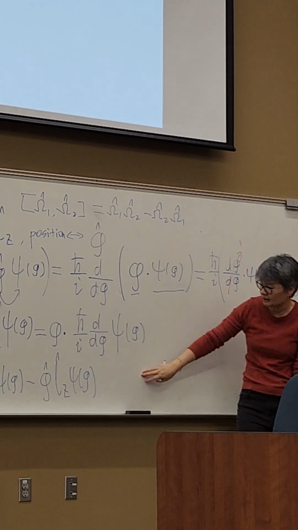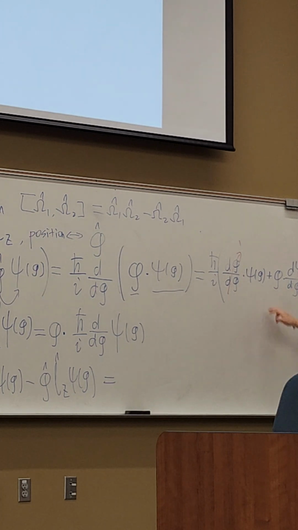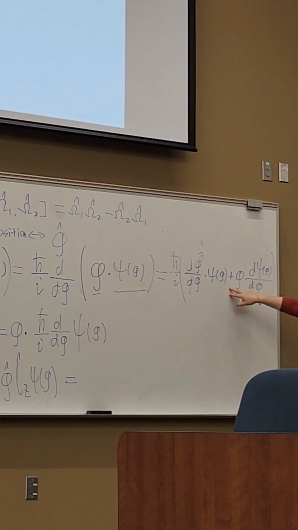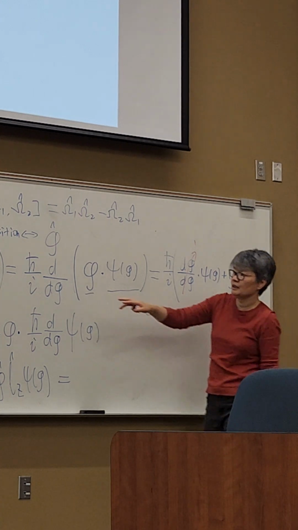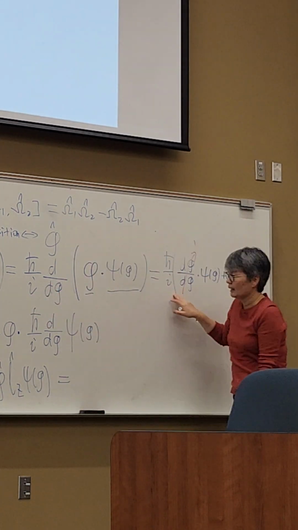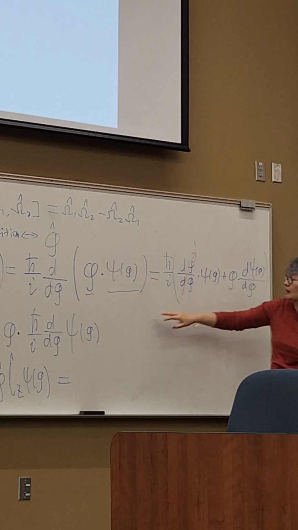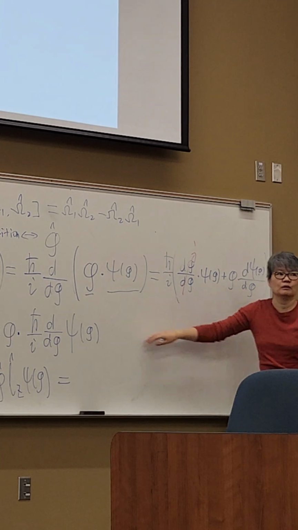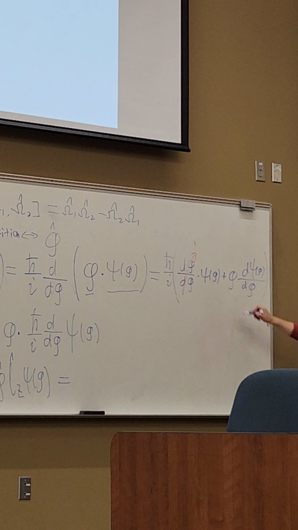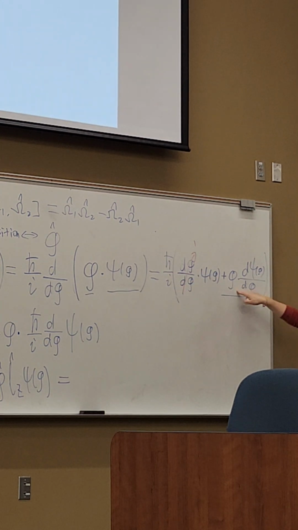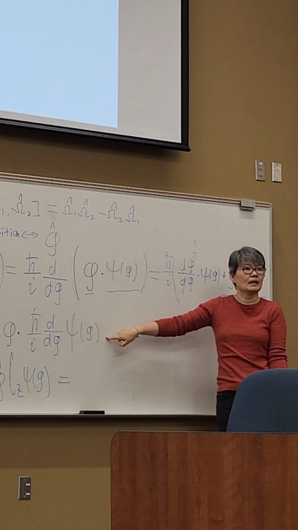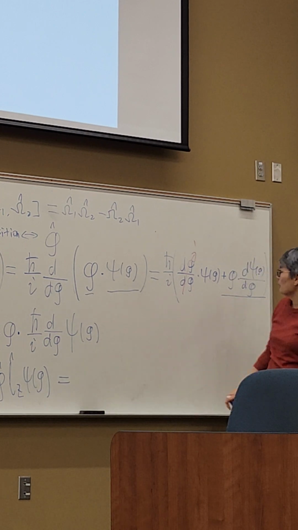What I have for the position first and then the angular momentum is this. If I switch the order and take the minus between the two, I have this term, h bar over i, phi, d psi over d phi, which is exactly the same here. So I cancel one term. What really remains is